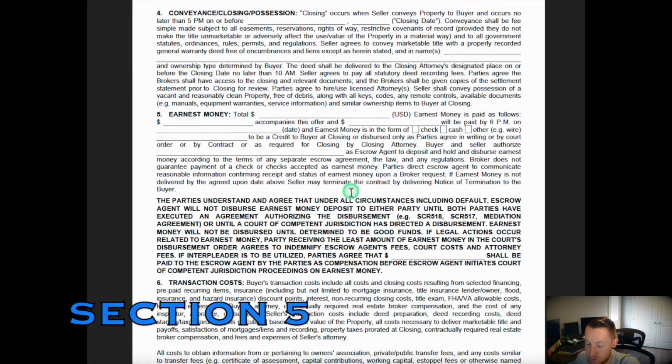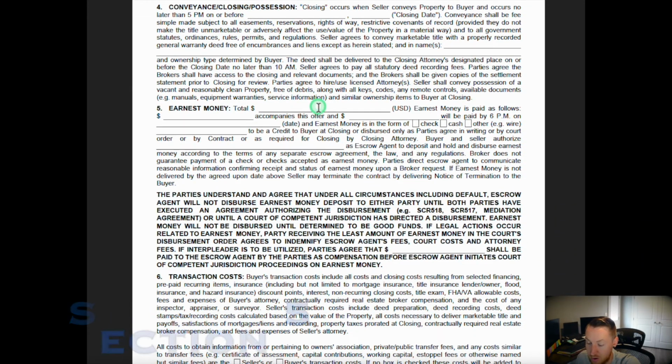Section 5 will list the total earnest money that the buyer is going to be offering here. And a quick note, in South Carolina, earnest money is not required for a contract to be legal and binding. However, it does make your offer stronger from a seller's perspective. Now, there's no set amount for this, so it should be something you're comfortable with and how strong you want your offer to be. But this is great to discuss with your agent to come up with a competitive amount